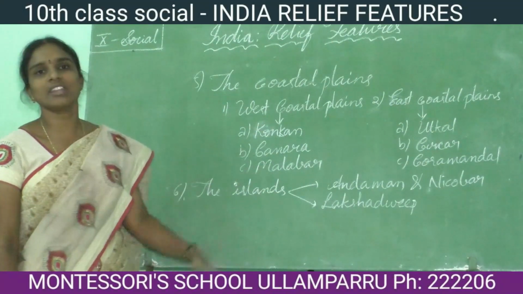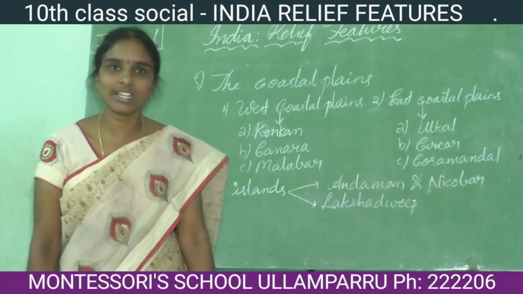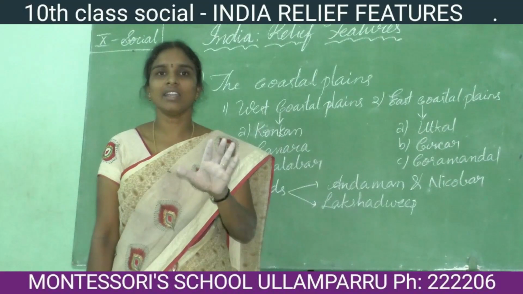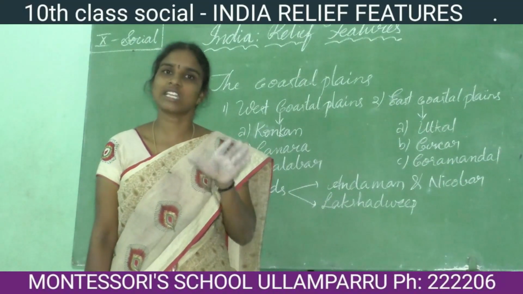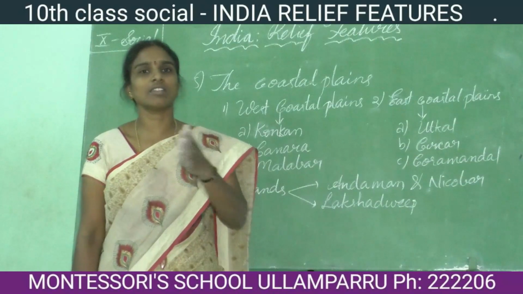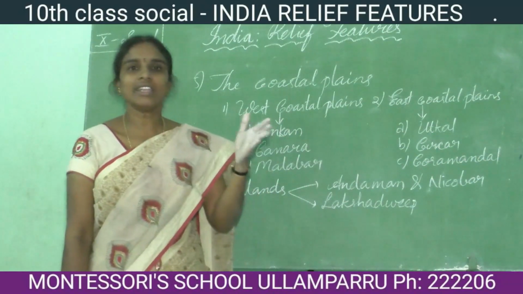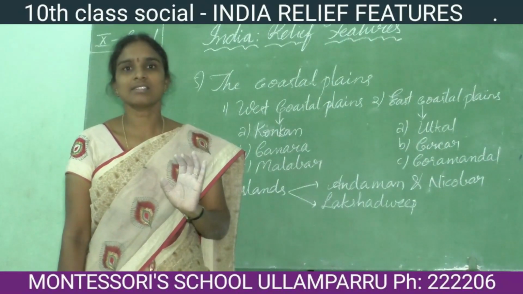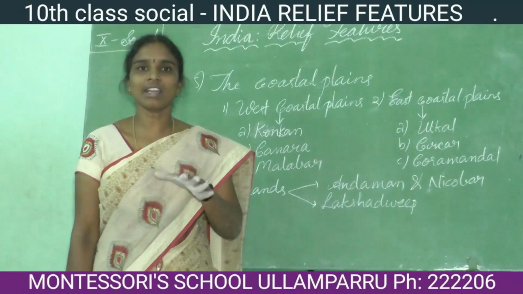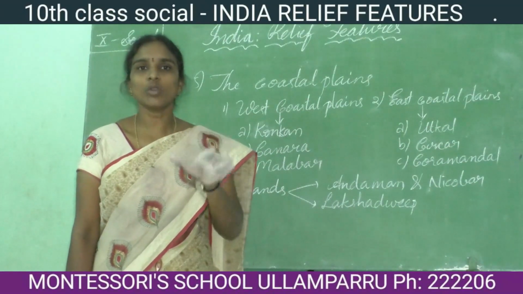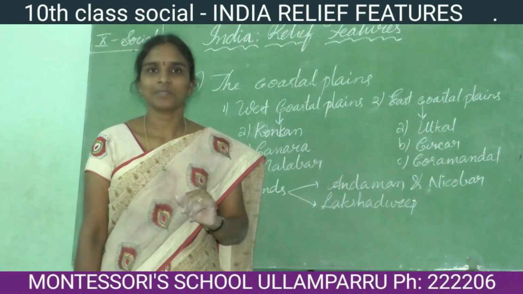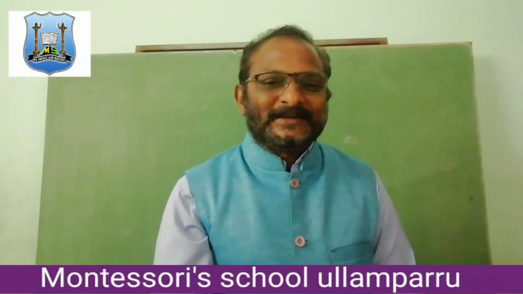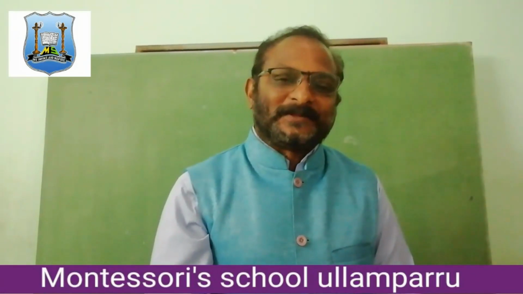So what did you understand in today's topic? You have learned that as Indians, we are living in a country of varied landmass, from north to south and west to east. Our Indian landmass is divided into different categories. We are living in this unique landmass of India. Thank you everyone.